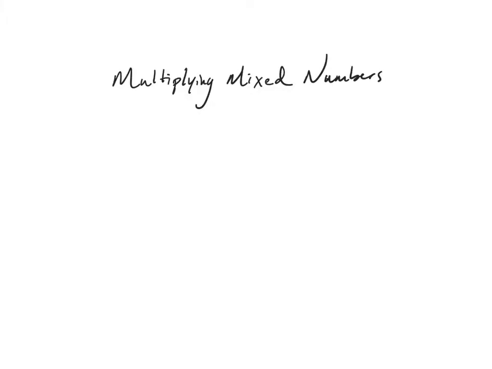In this video, I'm going to show you how to multiply mixed numbers. So I'm going to start with 3 and 5/9 times 4 and 4/8. When you're multiplying mixed numbers, the first thing that you're going to want to do is change each mixed number